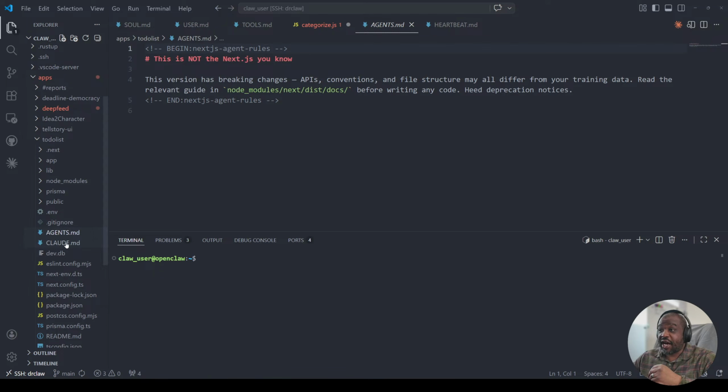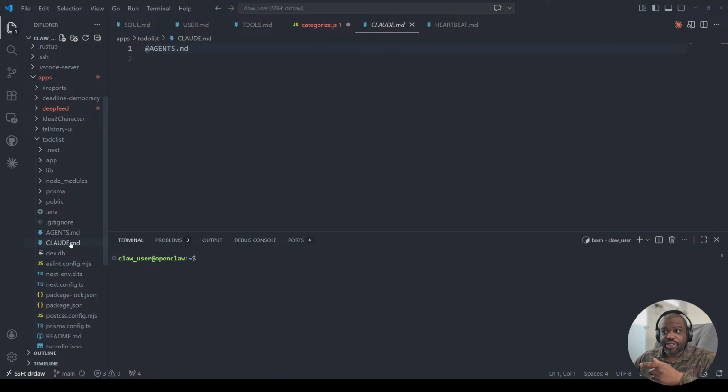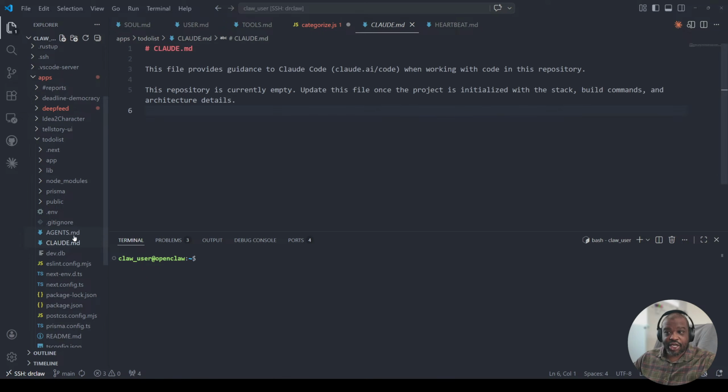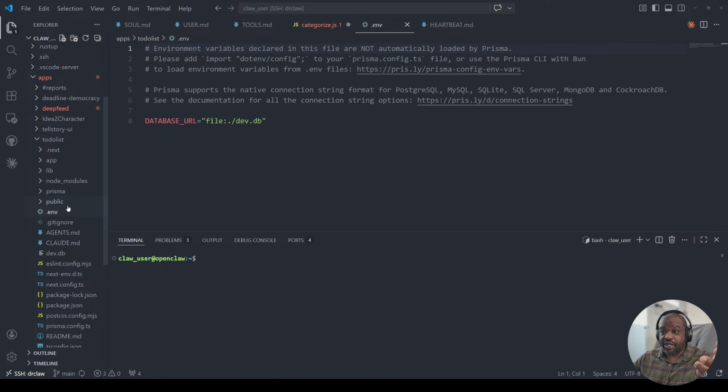And here's your agent file. Let's see, this was breaking changes, something that it should know, and so on. I think the agent file is where you can set up rules for the tool. And I set this up before I did the init, before there was any code, so I'll probably have it go back through this. You have environment variables,